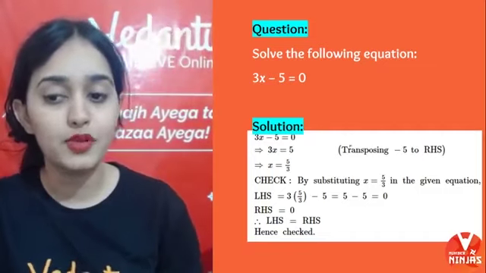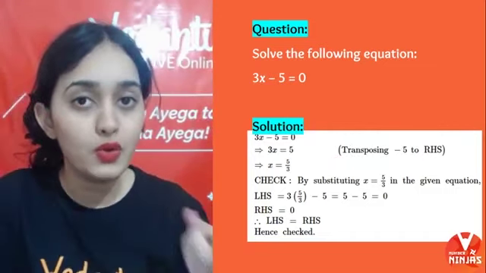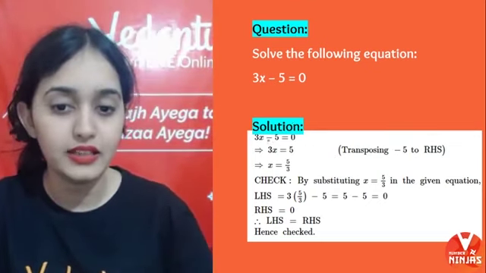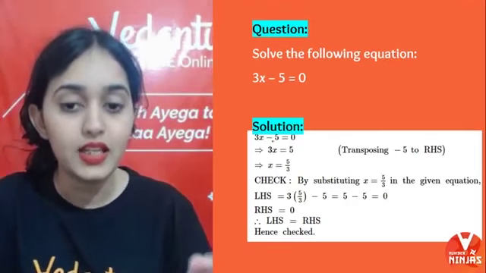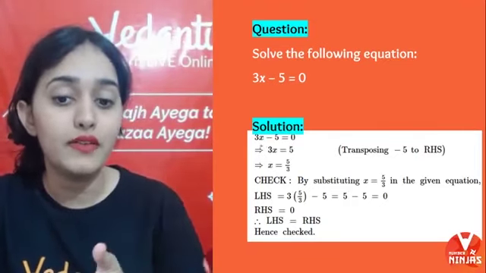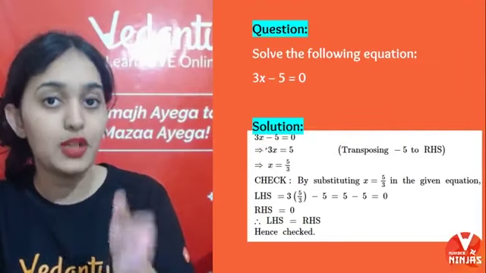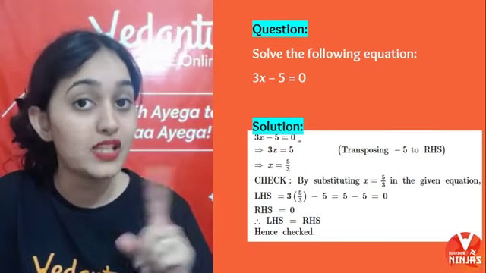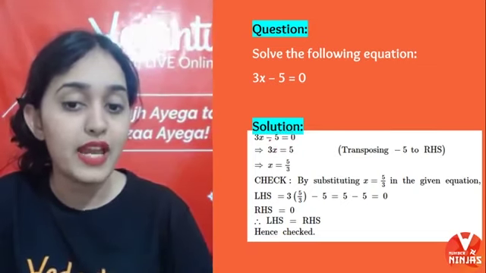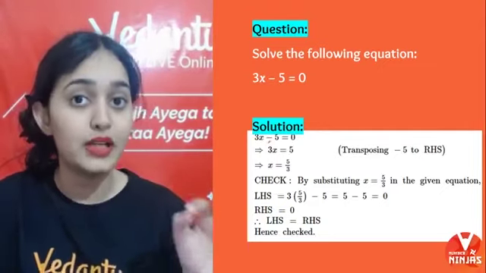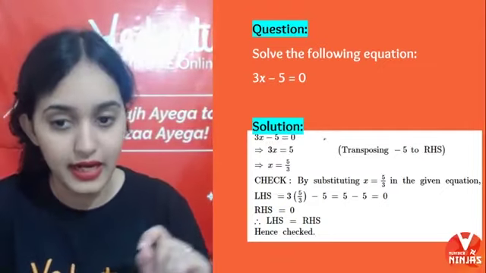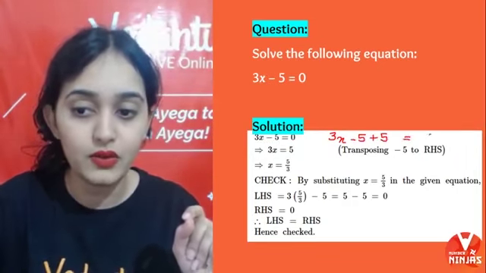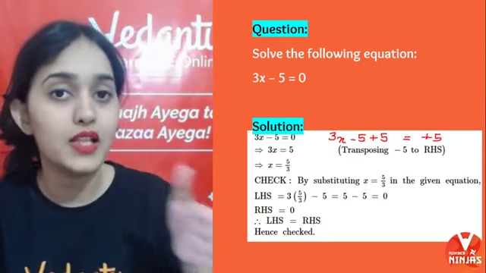Now you remember the transposing method. What you have to do, there are two ways of solving an equation. First, since you are beginners, you can do it in this way, that 3x minus 5 is equals to 0. Then you have to put all the variables on one side and all the numbers on the other side. So as I told you, what you can do is either you can add plus 5 on both sides, because if I add plus 5 on this side, it will become minus 5 plus 5, 0, right? So let's do it. 3x minus 5 plus 5 will be equal to plus 5. So I have added plus 5 on both sides.